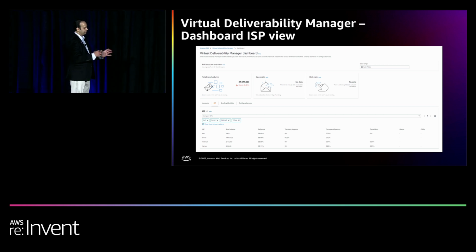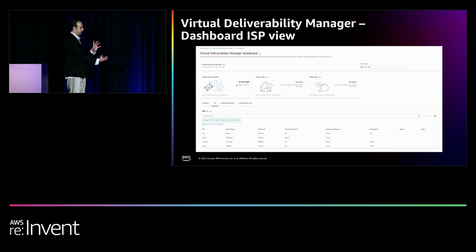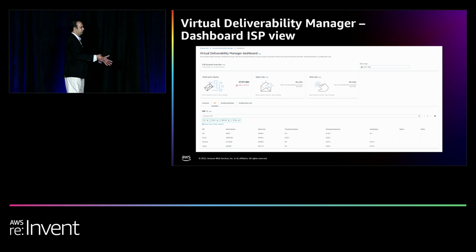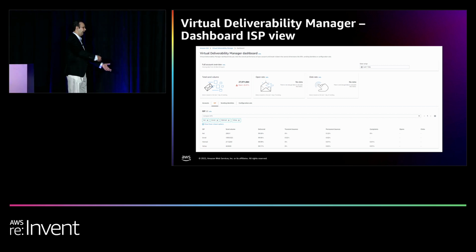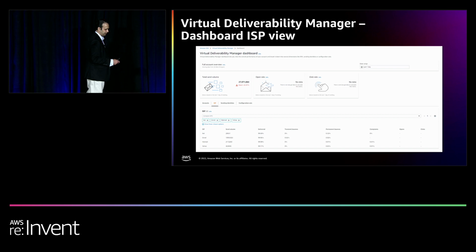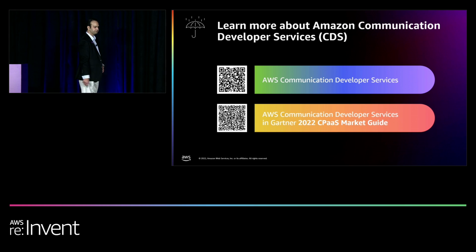Similarly, on the SMS side, we have the same things with regards to SMS delivery through wholesalers. So in the communication networks problem, it's not just the enterprise, it's not just the customer, it's also all the intermediaries that are responsible for making sure that content makes it to a customer. And AWS, because of where it sits in the network, is able to provide that end-to-end visibility of what happens to that content, and ensure that you understand why that content is either making it or not, and how you can improve the odds that you are able to reach the customer using the tools, services, and devices that they want to use.